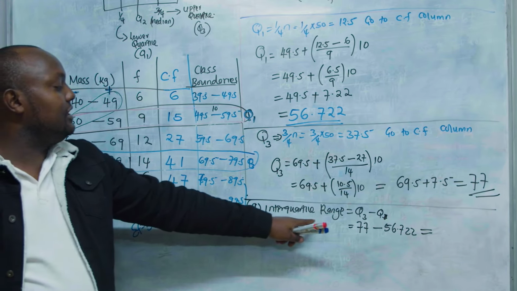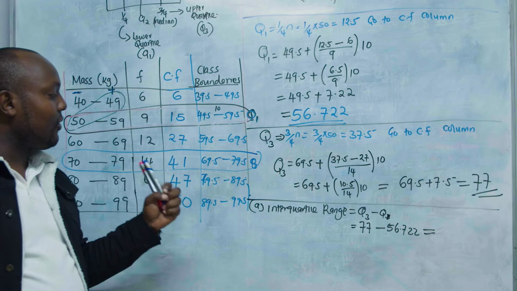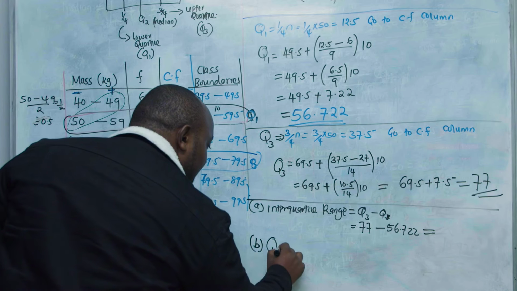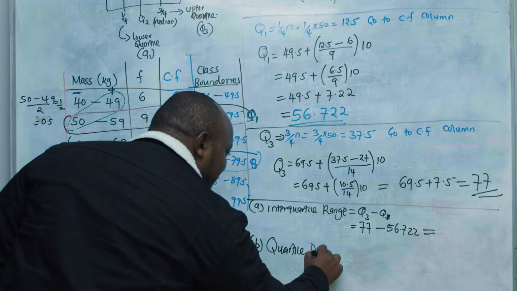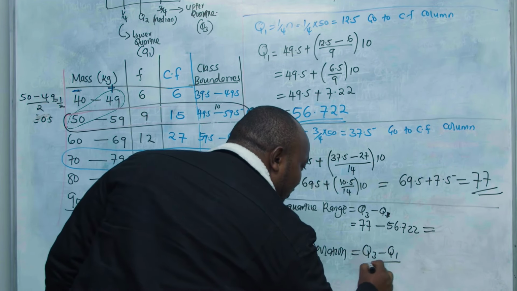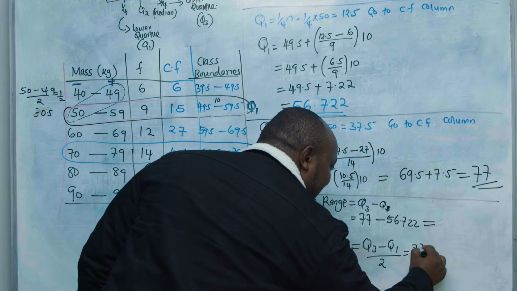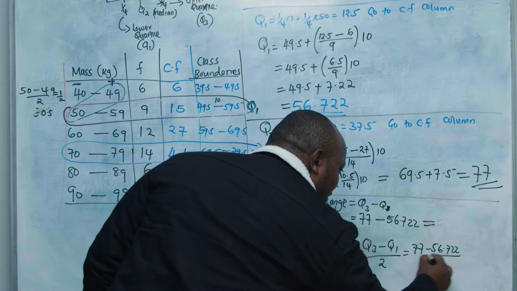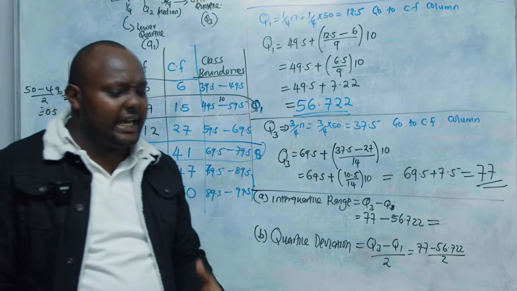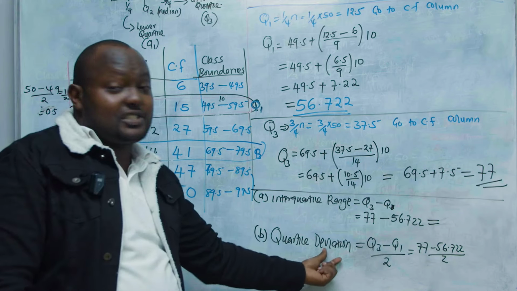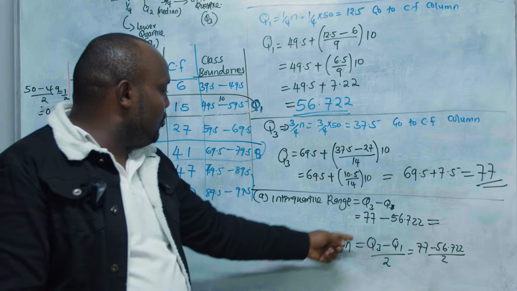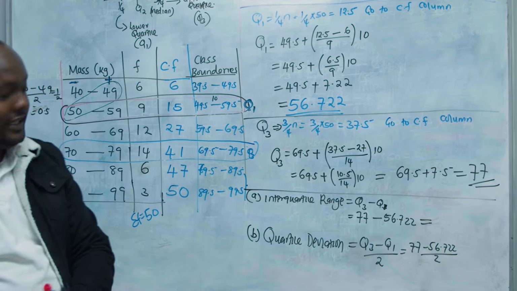So when someone asks you the interquartile range, we also have what we call quartile deviation. Quartile deviation will be Q3 minus Q1 all over 2. So in this case, it will be 77 minus 56.722 all over 2. When you get upper quartile and lower quartile, you can be asked a lot of things. This quartile deviation, sometimes you may find we call it the semi-interquartile range. So when you subtract this one and this one, we are going to get